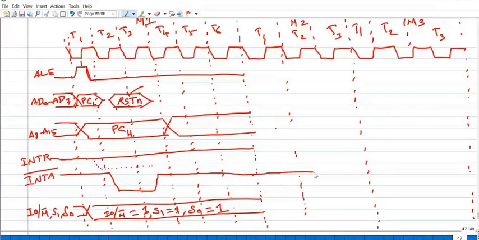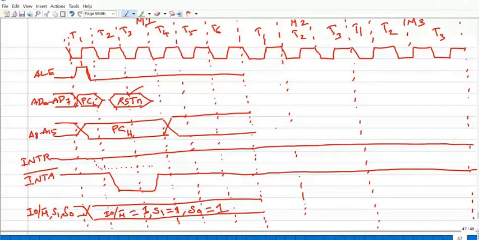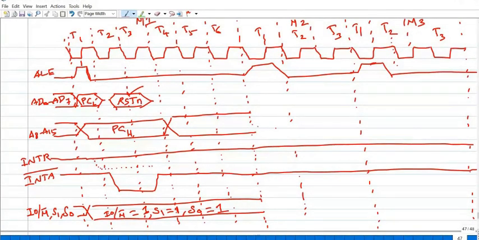So this should be like this only. So ALE again goes to logic high. During the M3 T1 cycle, again the ALE goes to high. Now your AD0 to AD7